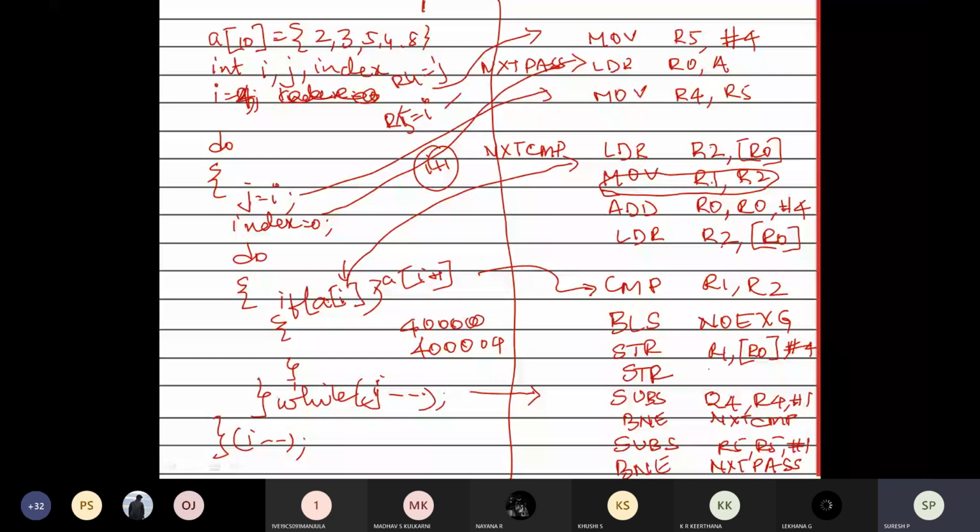Anybody having any doubt? To make you understand what my suggestion is, you write the C program first, that is the do while loop, what I have written. The same way you write it in your assembly code, and you will understand that. So simplify further, and if you simplify further, you need not worry. Anybody having any doubt? Again, I have to explain once again.